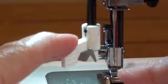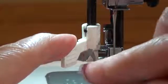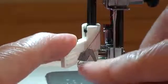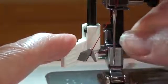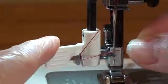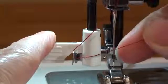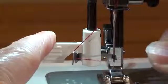Okay, so we're going to bring our threader down. We're going to come over the top of the duck head and underneath the beak. Okay, so you're underneath the beak. Press it down a little bit farther. Push it away from you until this metal U shape is hugging the needle, and you're going to go right